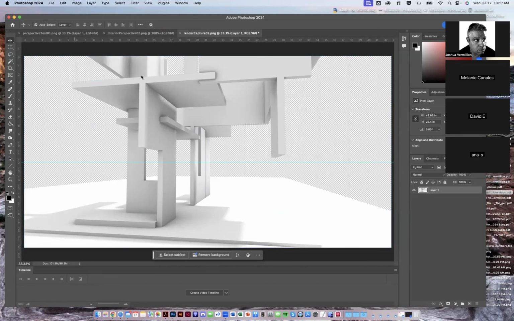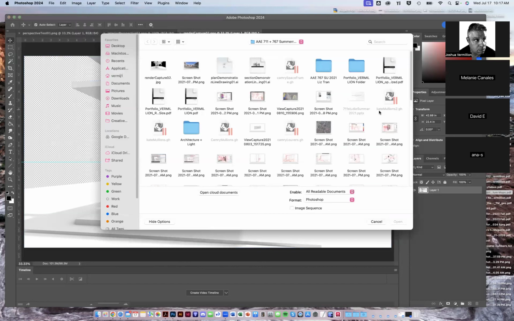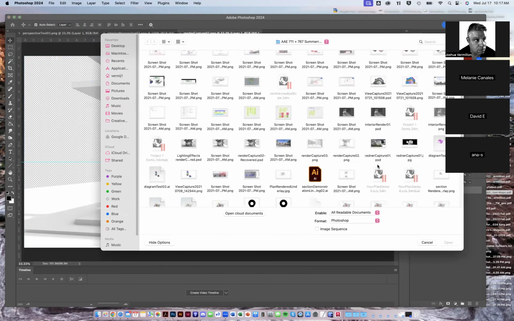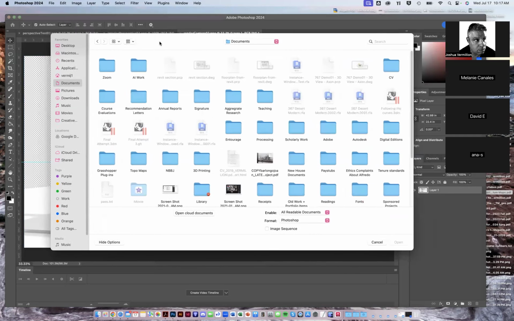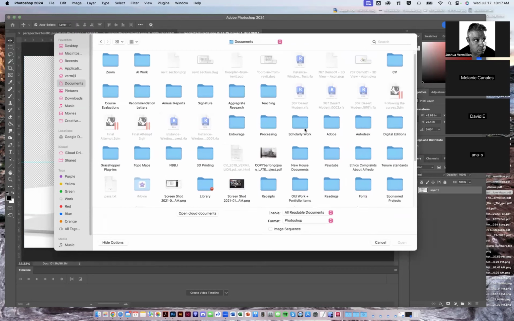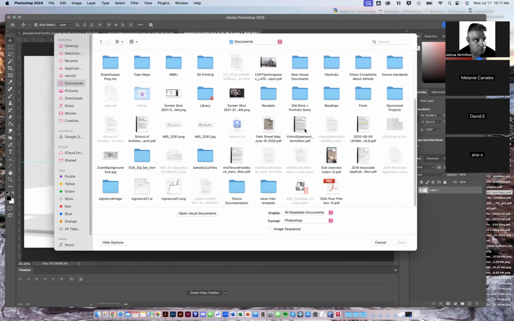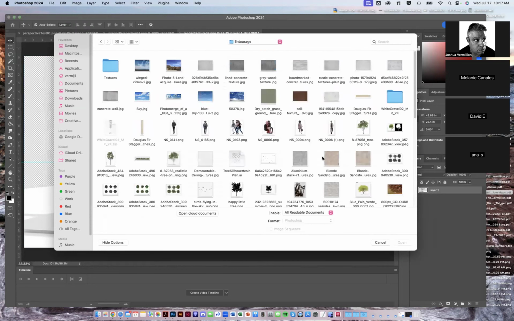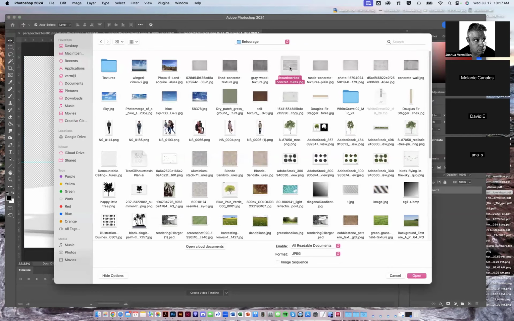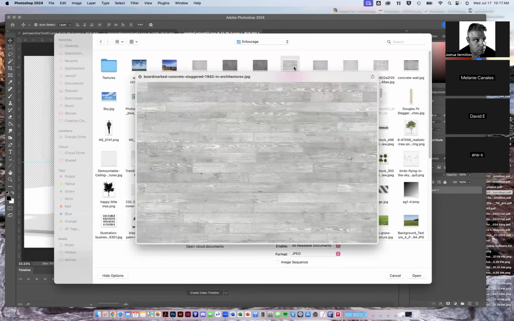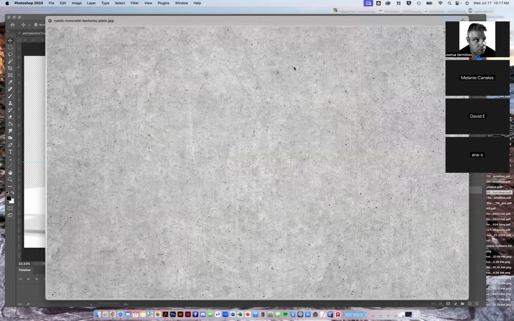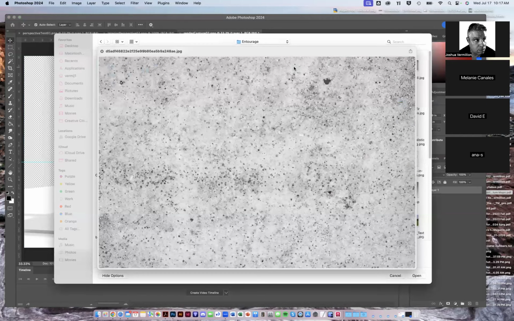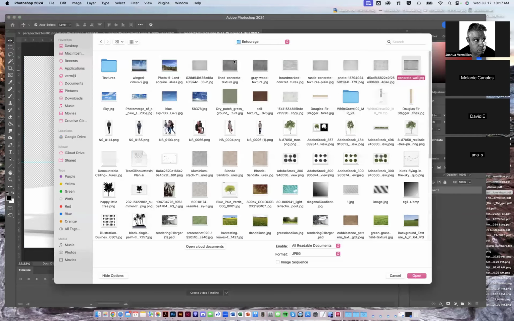Let me just go and I'm going to start to open a couple of things that I've picked out here. What I'm going to do is go to Documents. I think I have a folder called Entourage where I store things that are helpful, like materials and little silhouettes and things like that. Entourage, there we are. Entourage, skies, materials. Here's like board, board marked concrete. There's some gritty concrete, more grit. I like grit. I like saying the word grit. All right. So anyway,